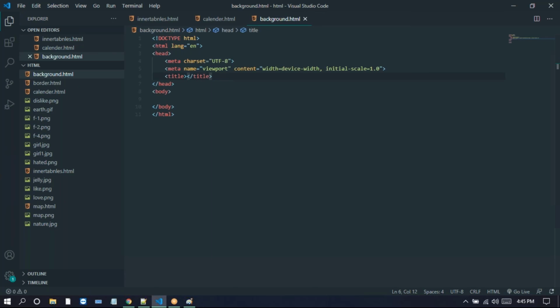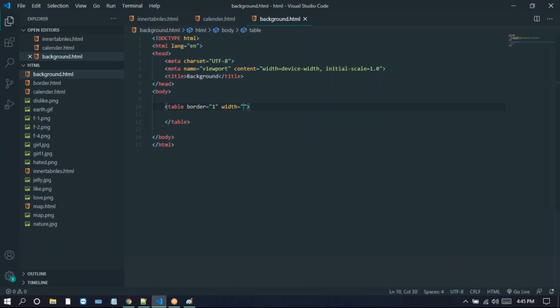So here I'm just taking the table tag. So in the table, we just give the border 1. Now we have width. Width I'm taking 100%.